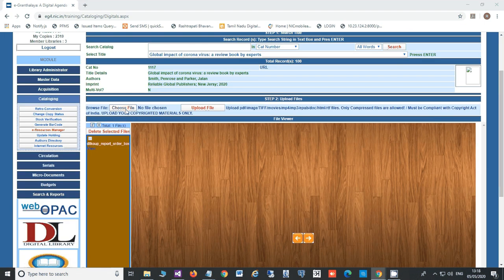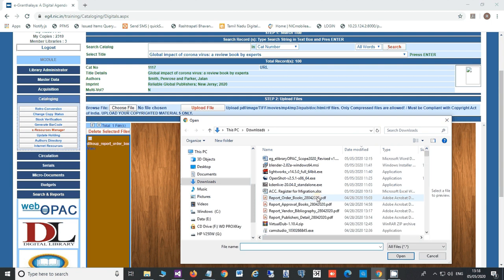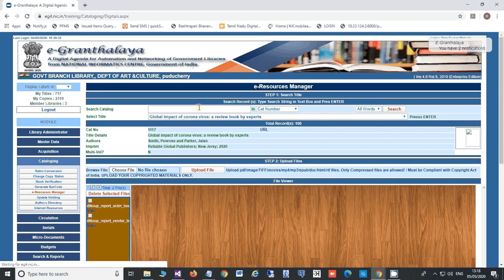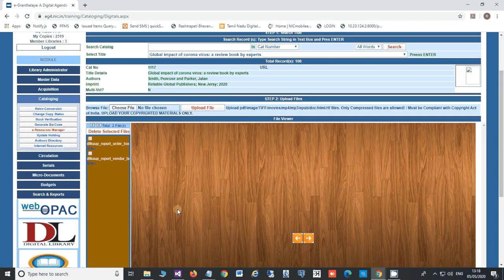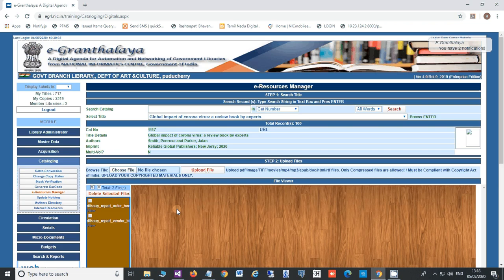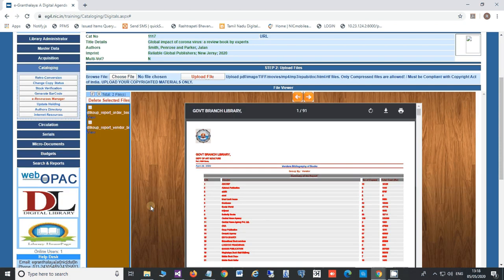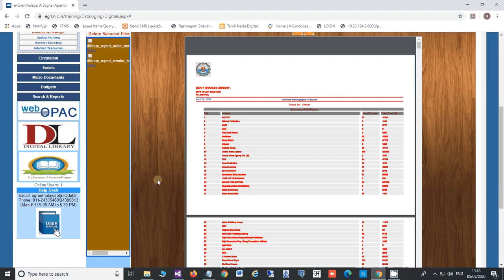There may be one or more than one e-file of a particular book, meaning sometimes it may be a chapter-wise ebook file. Then accordingly you need to upload all the e-files with this title. You can see here, by clicking this uploaded file, these files are there.